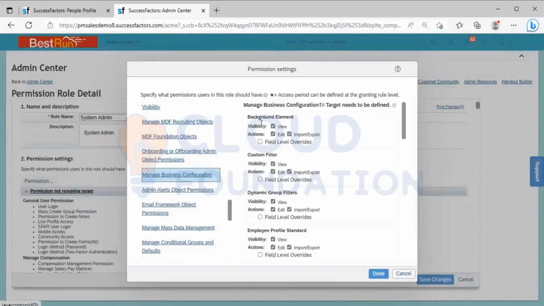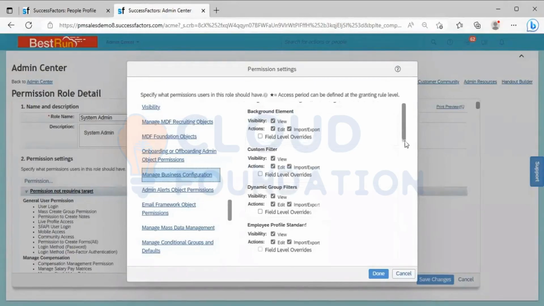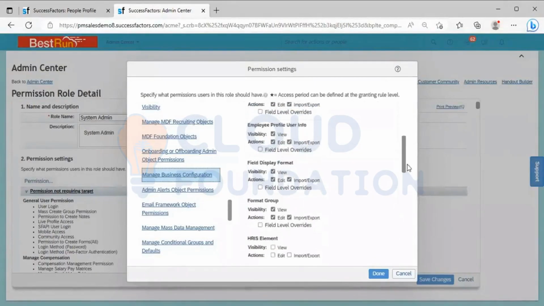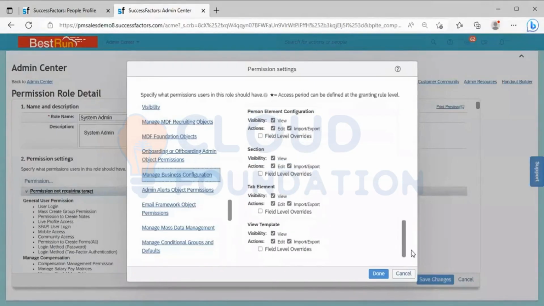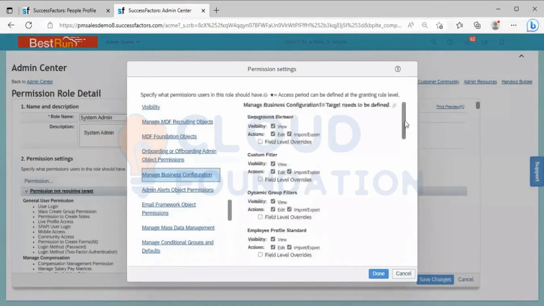Under manage business configuration, we have a lot of features: background element, custom filter, dynamic filter, employee file, standard, all the standard ones, all these things. We need to enable it from here. Once it has been enabled,